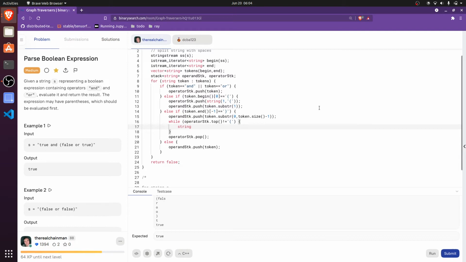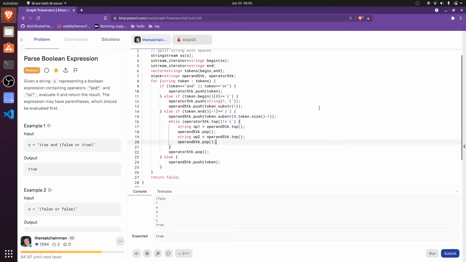We get our string op1, which will be operand stack dot top, operand stack dot pop, string op2, operand stack dot top, operand stack dot pop, and we want to do string operator equals operator stack dot top, and we're going to do operator stack dot pop,